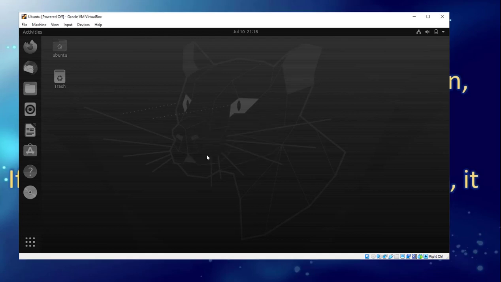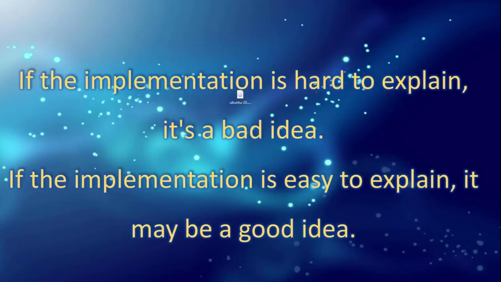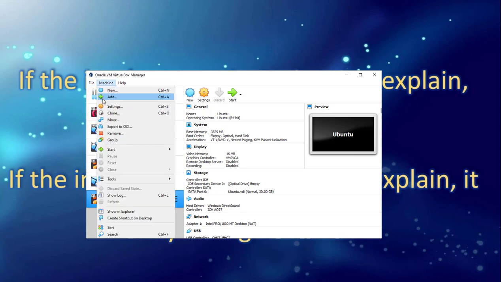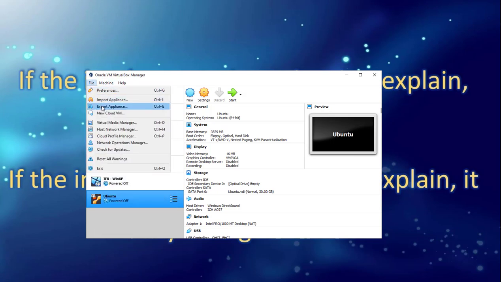So shut down the machine, open VirtualBox, select the Ubuntu and go to the File menu at the top. There you can see the option called Export Appliance.